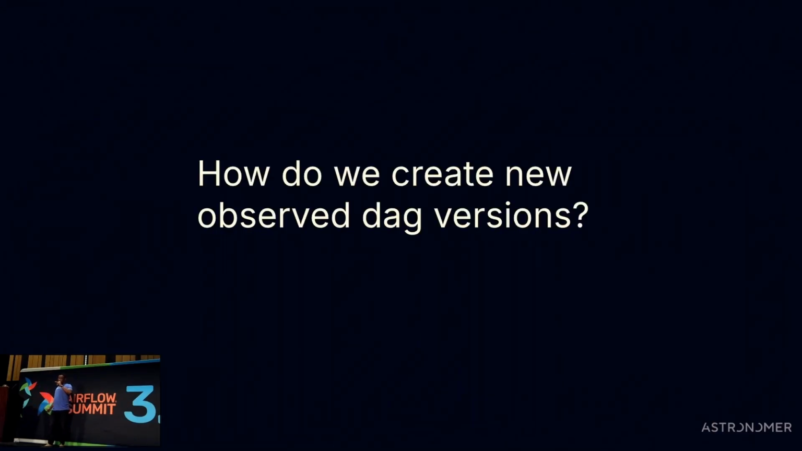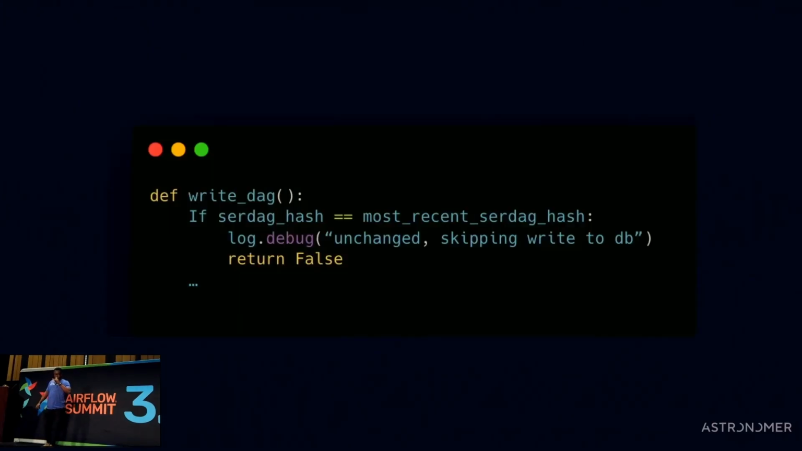But how do we really do this creation of new versions? We have a method in the serialized Dag model called write Dag. First of all, after serialization, it checks if the hash of the serialization that we got is the same as the most recent serialized Dag hash. If it's the same, we don't do anything, we return. But if it is not the same,